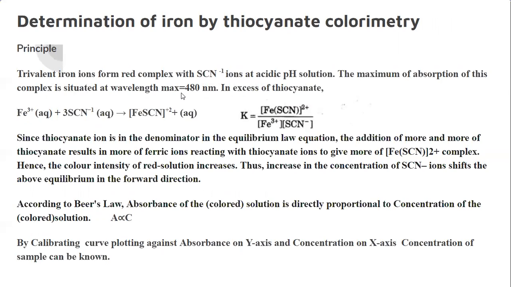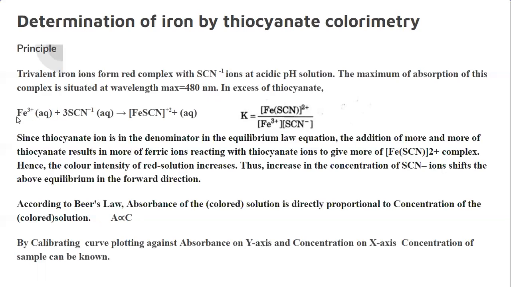So that means, if you recall the instrumentation of a colorimeter, the first step before calibration is selection of the filter. The filter can be selected depending on the color or absorption of the analyte. Here our analyte shows maximum absorption at 480 nanometers, so before our experiment we need to select the filter at 480 nanometers.